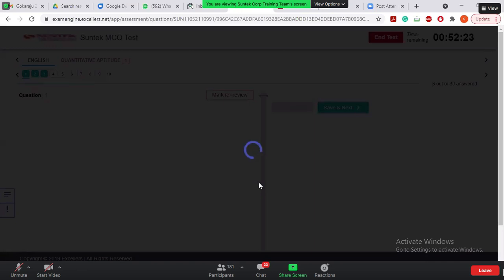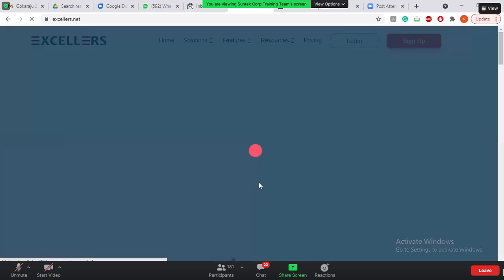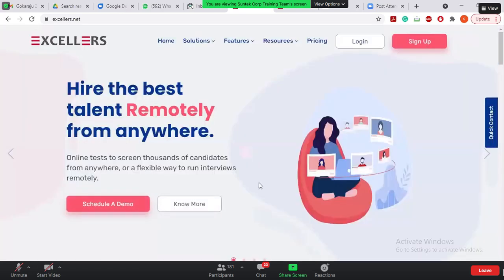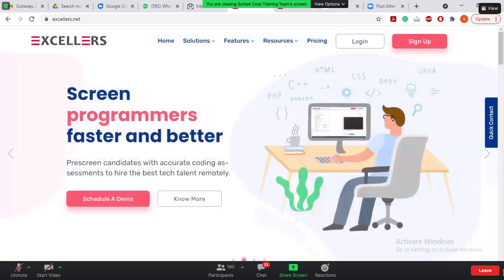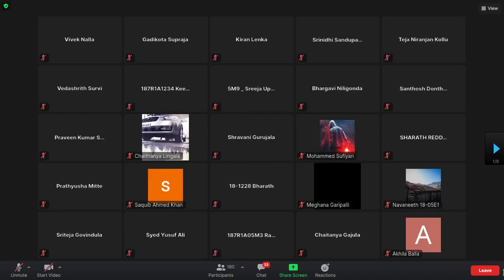So only 2 important instructions are that in coding, you have to save your answers by clicking on submit. Okay, and in MCQs, you don't have to submit, it will be auto saved. And the third instruction is don't switch between the tabs, because it is Windows proctored. The test is not proctored by webcam, but switching between the tabs is not allowed. If you switch more than 5 times, then your test will be automatically closed. And there is negative marking only for MCQs, that is 0.33, and there is no negative marking for coding.